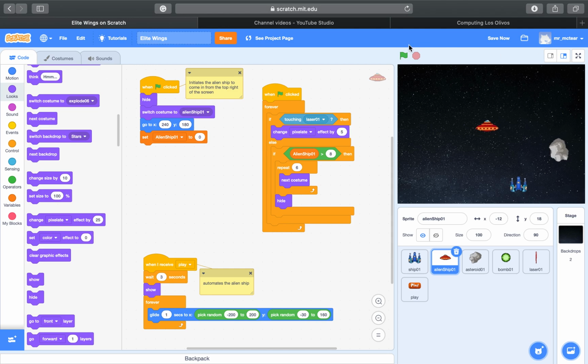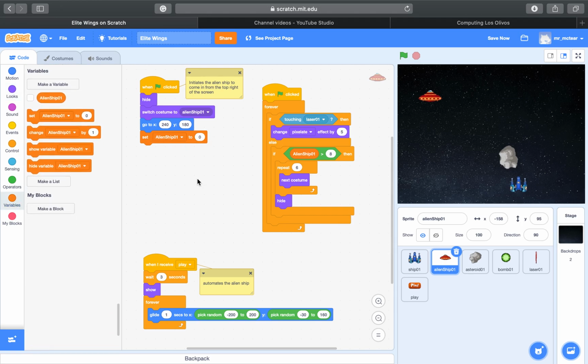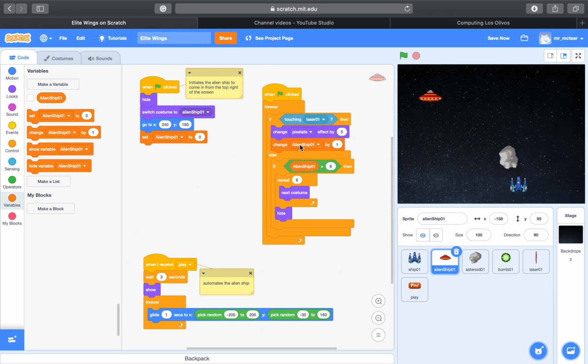And now we can just test it. So start the game. And if I start shooting the ship, it's almost like a real game now. Damaged it a bit. Oh, it's not quite doing it. So what's the problem with it? Let's just have a look here. Right, I haven't added anything to check this yet, so I'm not changing this from setting it. So down in variables, I've got change alien ship by 1. So I can take that one and just put it into the pixelate section. So if touching laser,